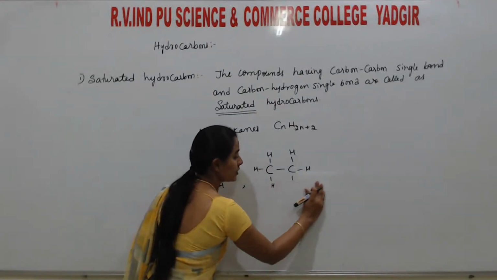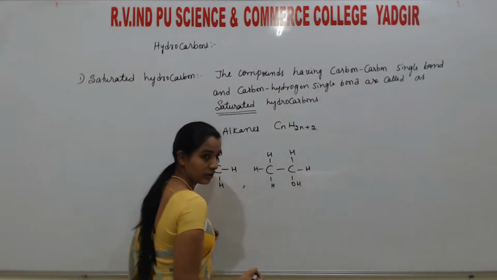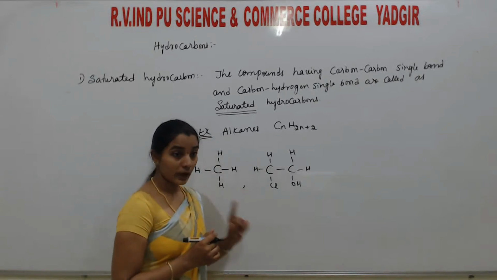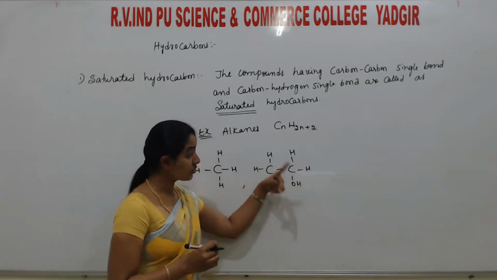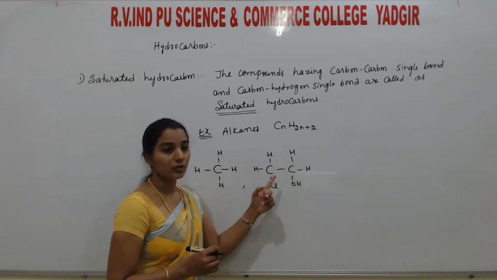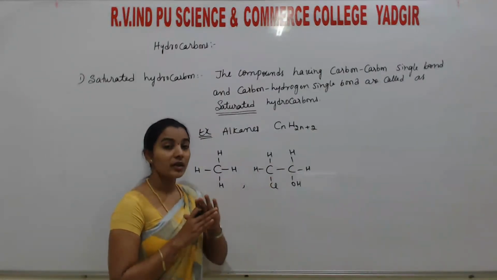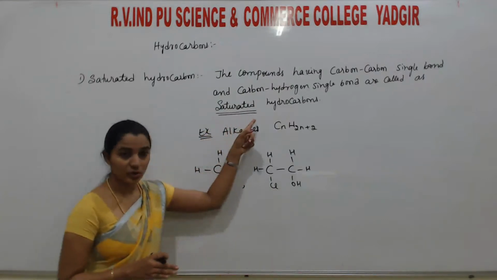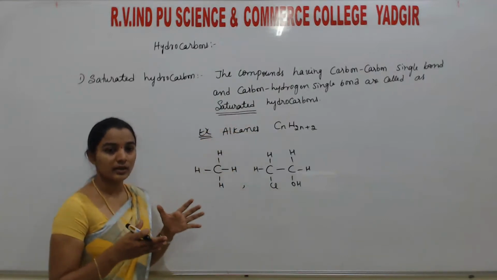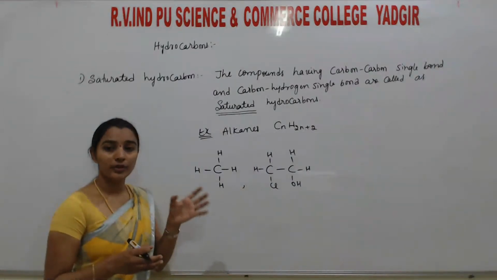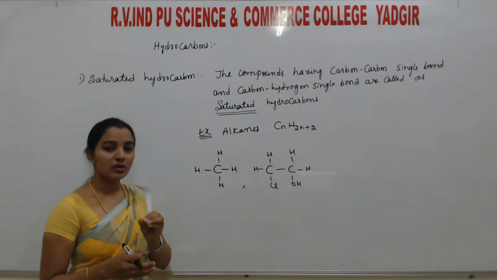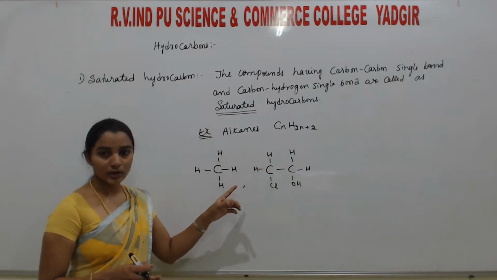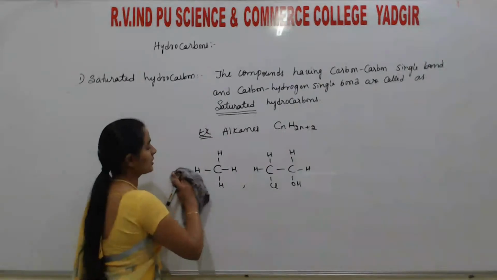So by removal of this H, we can add OH. By removal of this H, we can add Cl. But an extra atom cannot be added to this type of compound. They are satisfied with their valency. That's why the word saturated is used. Saturated means it is already fulfilled. There is no extra atom that can be added to this type of compound. Are you getting? So next, if we take unsaturated,